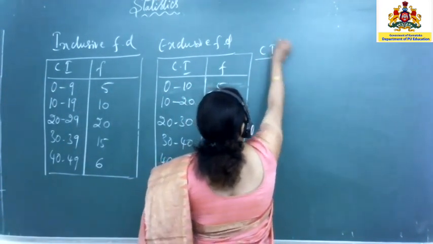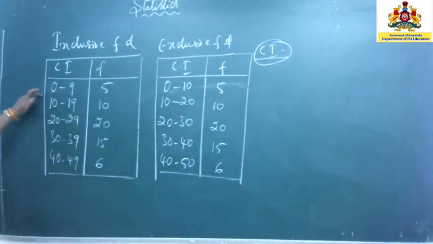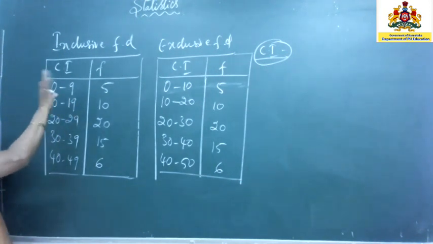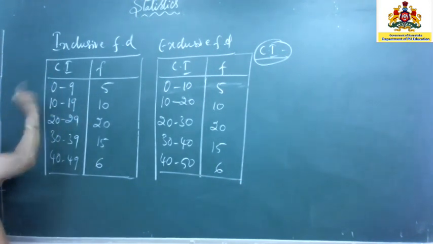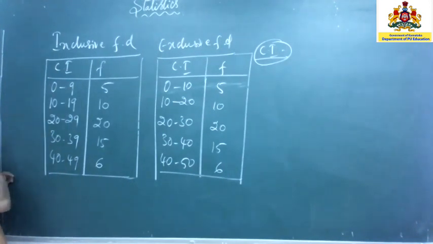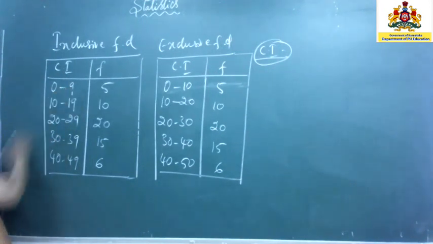class interval. Okay. Now when you have written this number 0 to 9, this is called one class interval. Now here, the variable values are what you call variates. All variates starting from 0 up to 9 will be included. So this is a range here. Therefore this range is called class interval. So all values from 0 to 9 are included in this range. So this becomes a class interval.